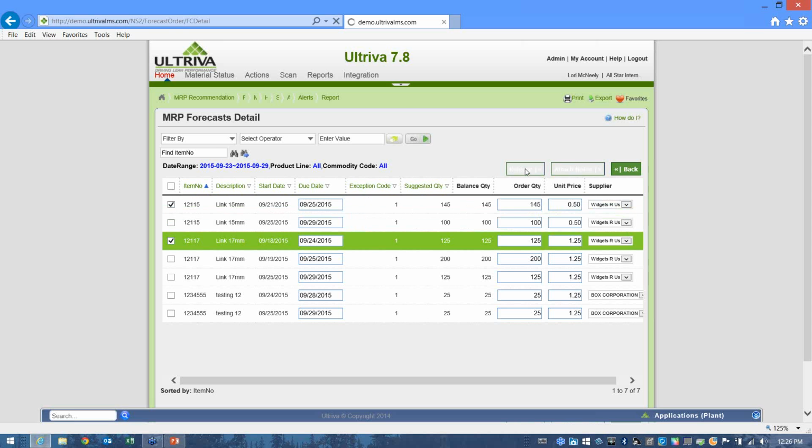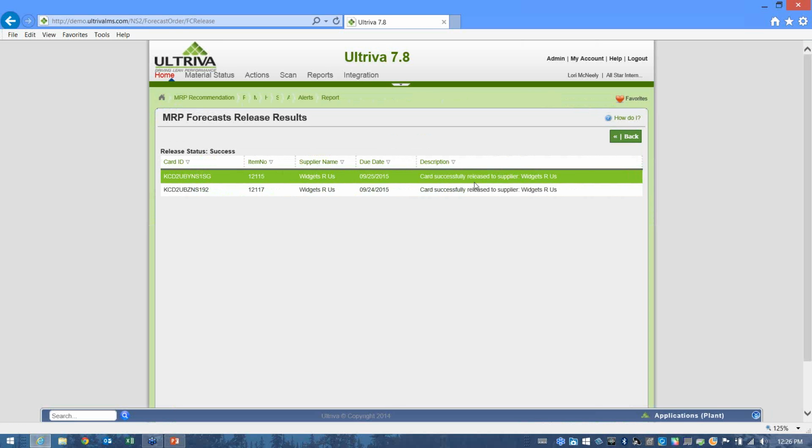Once you release that order to the supplier, as usual, if integration is set up, we will send this data back to your ERP and get the purchase order number. It depends on the purchase order. It can be a blanket, a release against a blanket, or a standard PO. The connectors will create the purchase order and publish it to Ultriva. Ultriva will publish it to the supplier so that the supplier can use Ultriva as a portal. Instead of using Ultriva only for the Kanban parts, they have the option to use Ultriva for every one of the parts, either forecast parts or